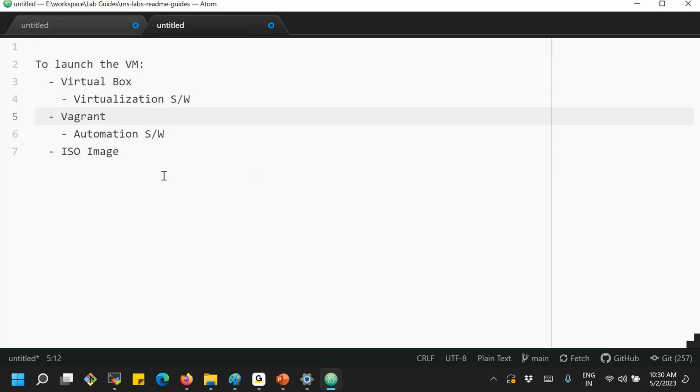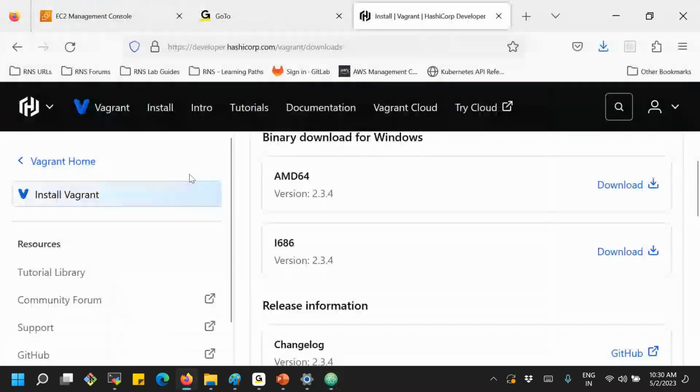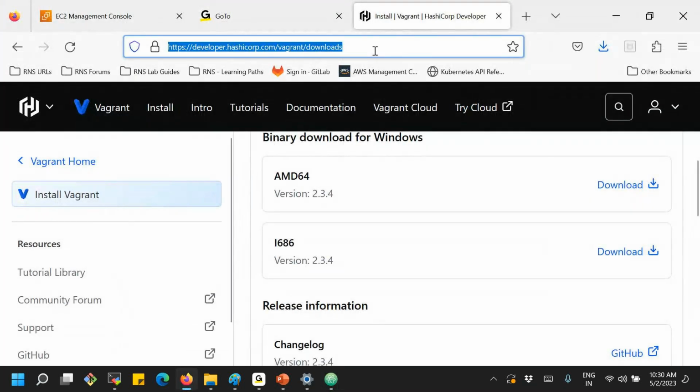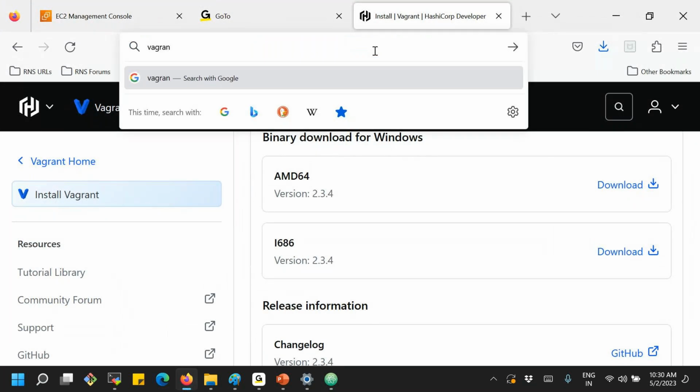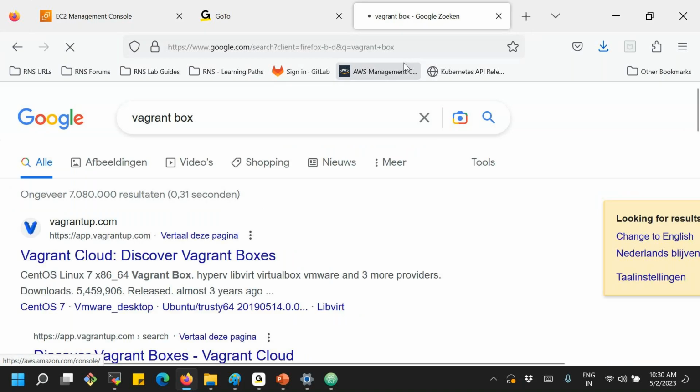But where can we download it or get it? Let's browse one of the sites, that is vagranthub.com, or simply type Vagrant box in Google. You can type Vagrant box, which redirects to the vagranthub.com site.